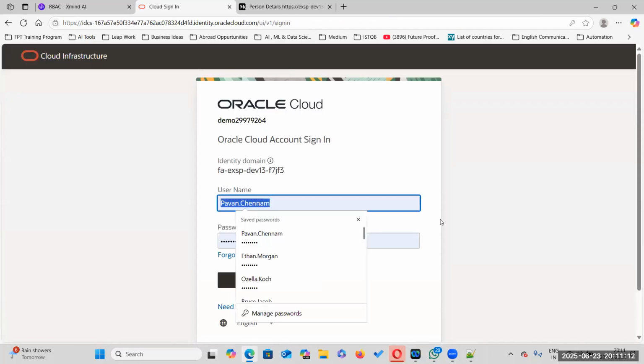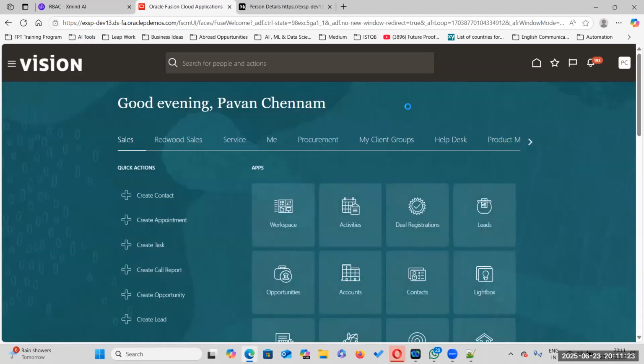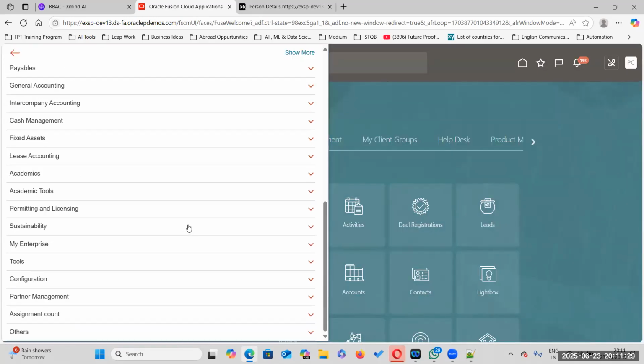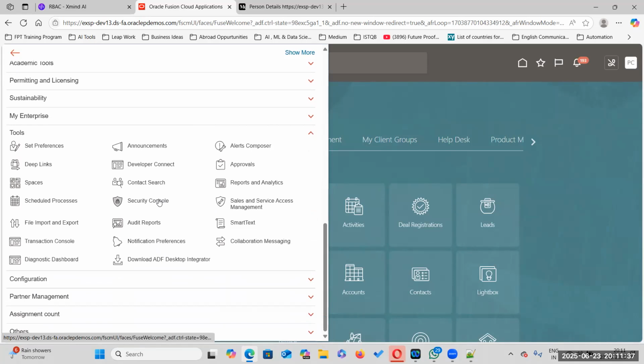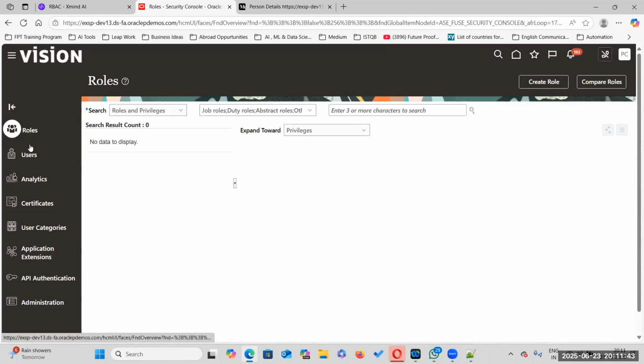So I'm logging in as an HR specialist. Now where do I have to go? I have to log in as an HR specialist as well as an IT security manager, because I have to do two things here. First, I have to add the role, and second, change the manager role in the Security Console. I have to add what? Role and